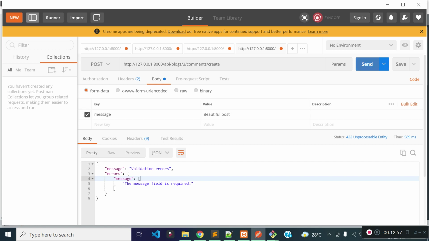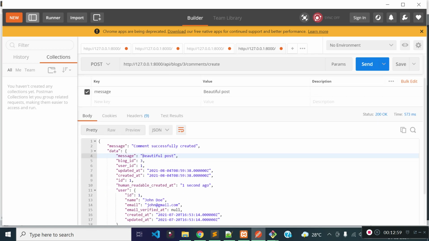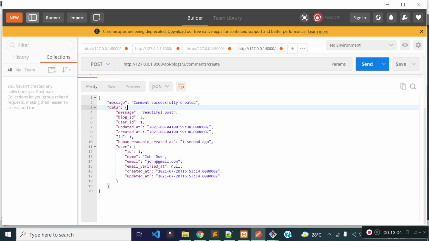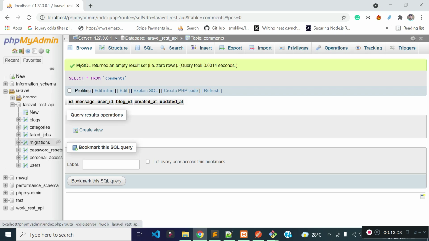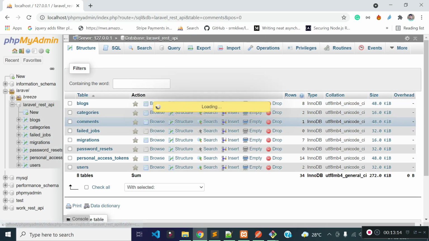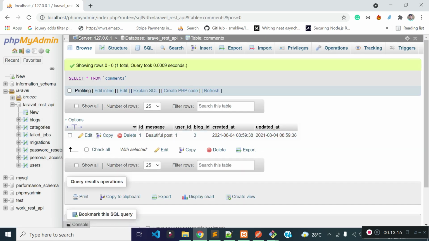Okay, let's execute this endpoint again. You see, now we are getting the message comment successfully created, and we are getting the newly created comment data. Now if I check our comments table, you see we have a comment for blog ID 3.